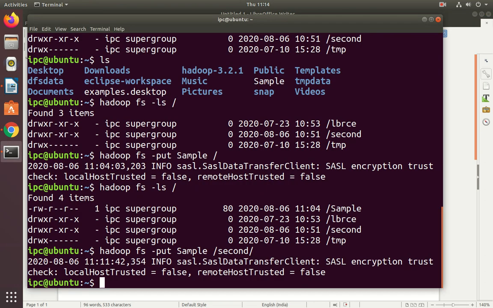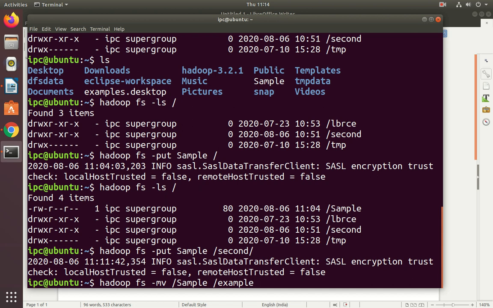So let us see. First I am going to rename. This is sample, and I want to rename it to example. Let us see how to rename. Hadoop fs -mv /sample /example.